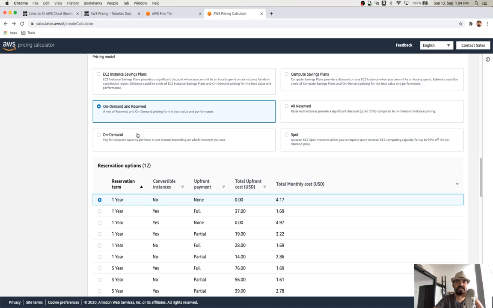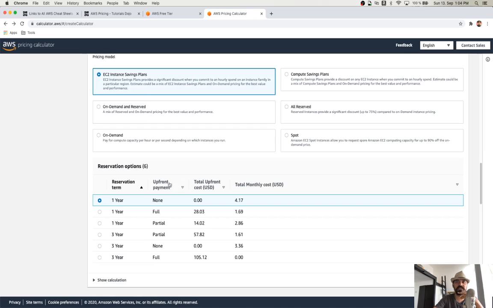And then you have a pricing strategy, and as I said, it all depends on whether it's on demand or reserved also. You can do it. You have the EC2 instance plan. If you decrease the upfront cost, you can see that the less you pay upfront, the more you're going to pay monthly. If you pay upfront for 3 years, 57 euros, you just pay 1.61 monthly. That's usually good, and you need to plan accordingly to save a lot of money.